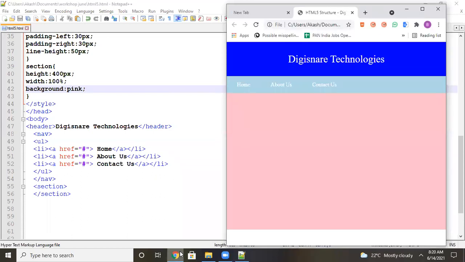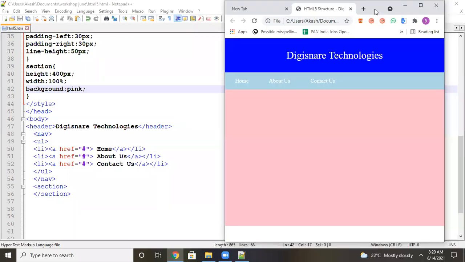Now here is the layout. Now we can see the section here. We use the section tag for making a different box. Now what we have to do here, I will make two different sections, one article section and another an aside section. You use the article tag when you want to explain some content.